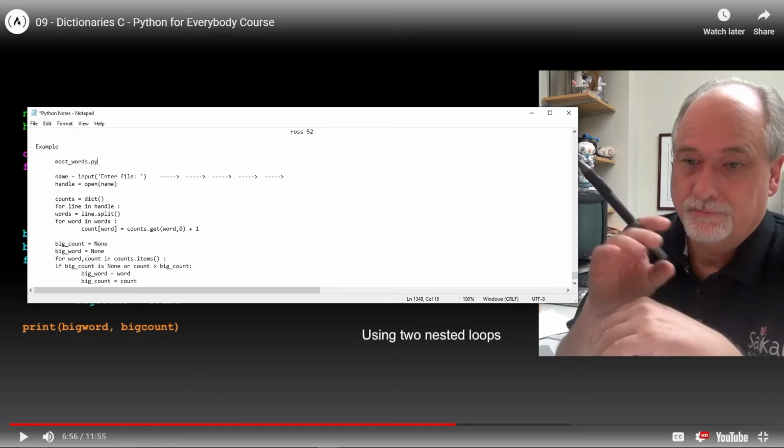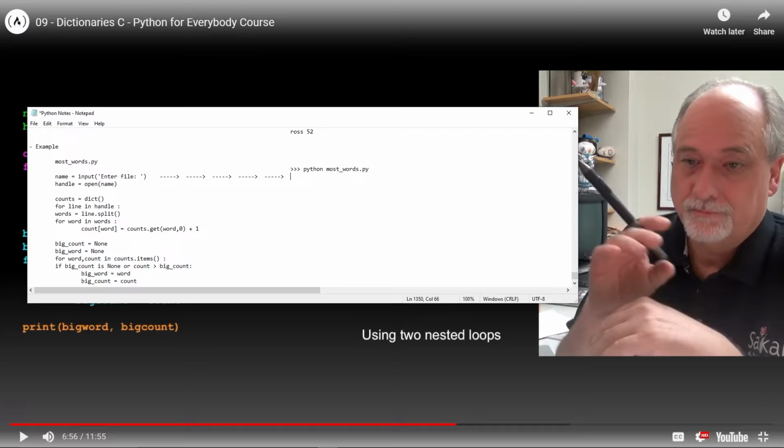How about that? So we're going to call it first when we run it. Let's say python most words dot py. Okay, so we're going to do that, and then we'll have here